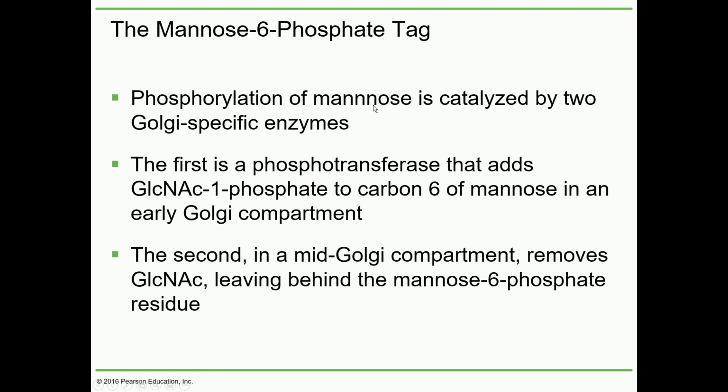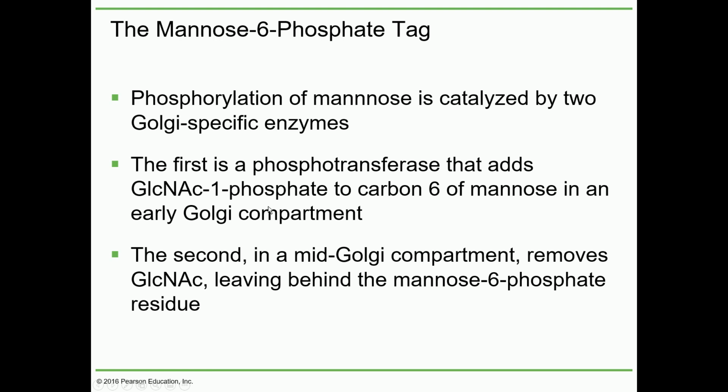Phosphorylation of mannose is catalyzed by two specific enzymes. The first is phosphotransferase that adds N-acetyl glucosamine 1-phosphate to carbon 6 of mannose. So first of all, N-acetyl glucosamine 1-phosphate is added to carbon number 6 of mannose. Mannose is a sugar, a monosaccharide, in the early Golgi complex, and then the second enzyme in the mid-Golgi complex removes N-acetyl glucosamine, leaving behind